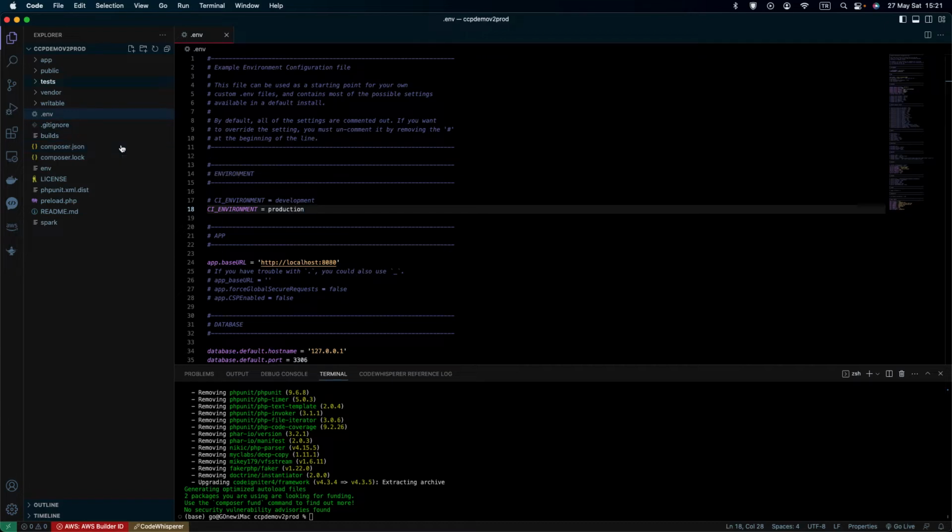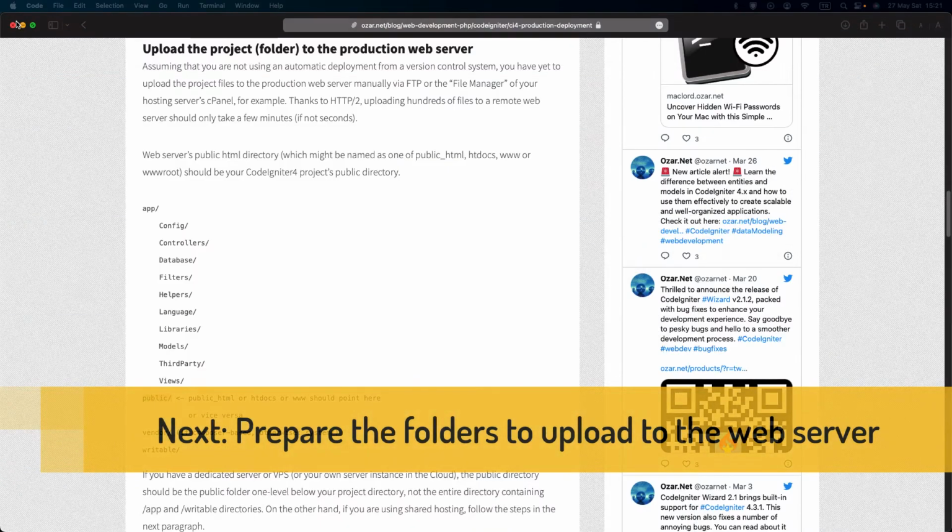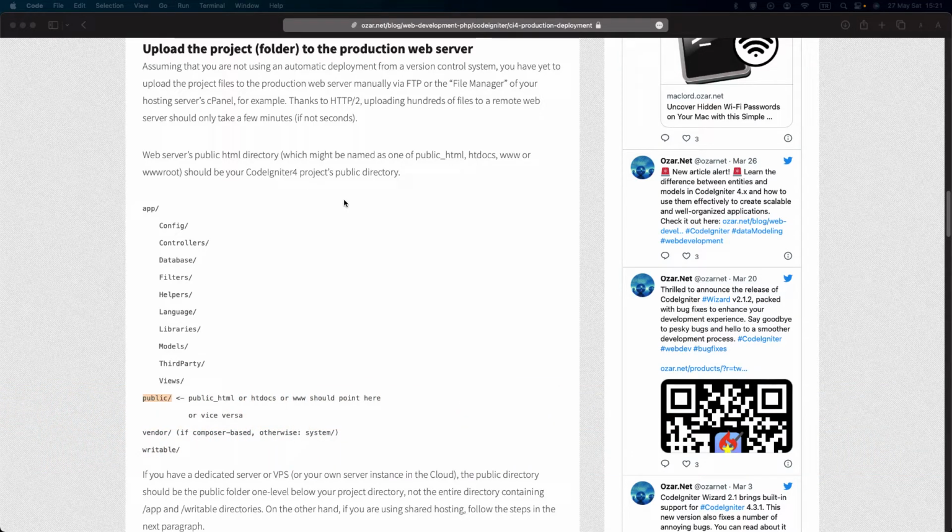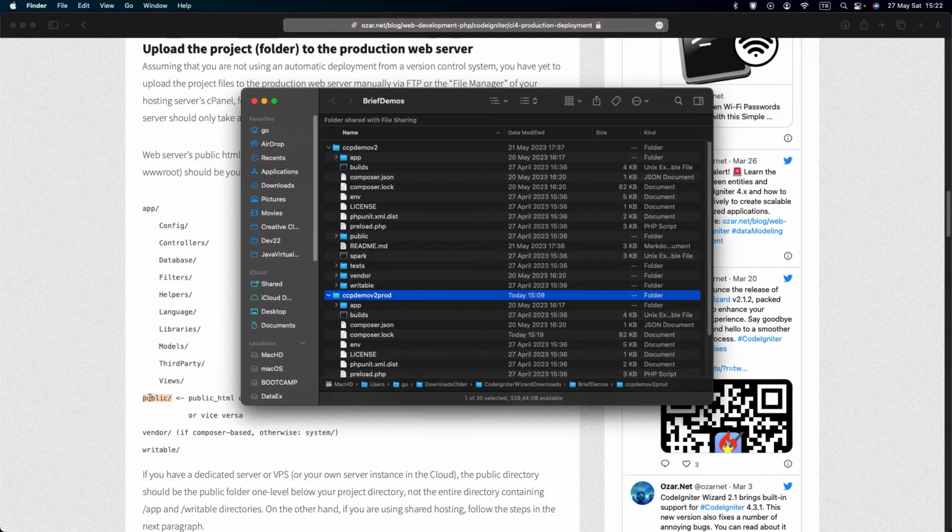And now we'll prepare the folders to upload to the web server. To do that, we need to break the project folder into two parts. I'm referring to our blog post on this to see the breakdown structure of a typical CodeIgniter 4 project. The public directory corresponds to the actual public_html or www directory on the web server. So all the contents of the public folder are what we will be uploading to the public_html directory on